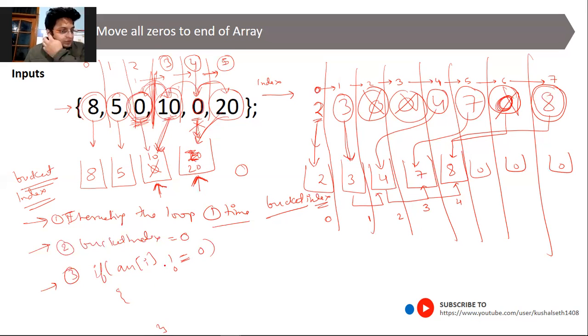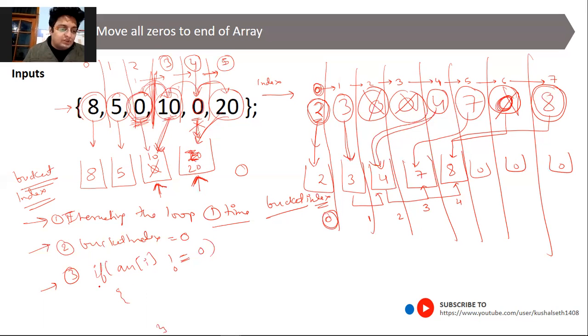You perform this logic of putting the values. So when we are putting the values, what we are actually doing is swapping the values at the indexes. Means we are swapping the values of the array index and the bucket index. In the starting it would be the same, but moving forward it will become different.